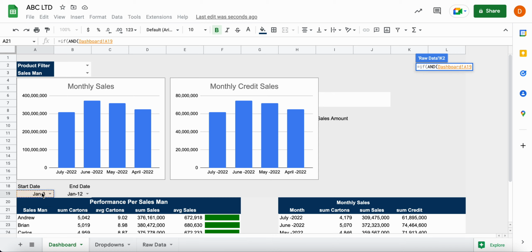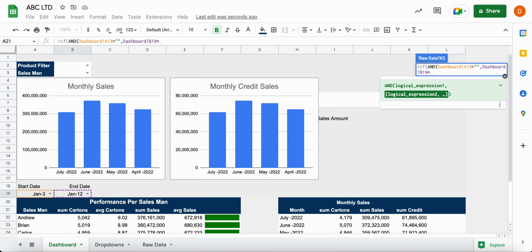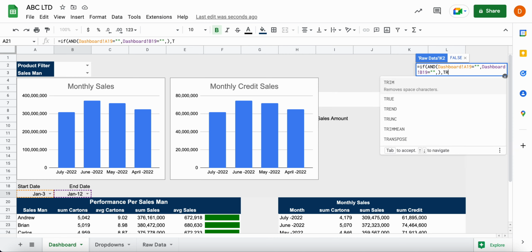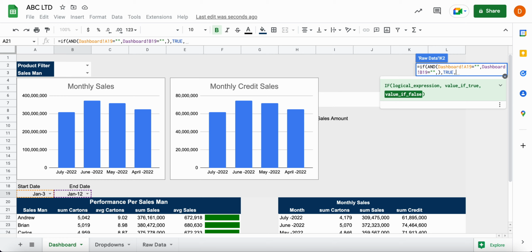This equals to empty, comma. This equals to empty, comma. Well, if they are both blank, I want, if that is blank, return true. If and